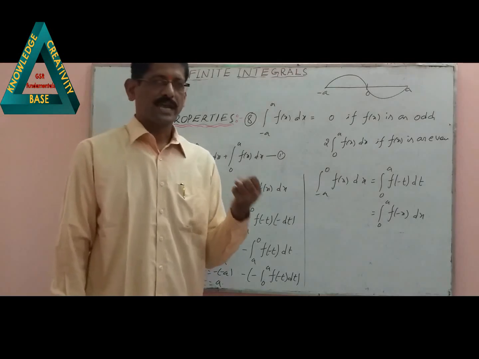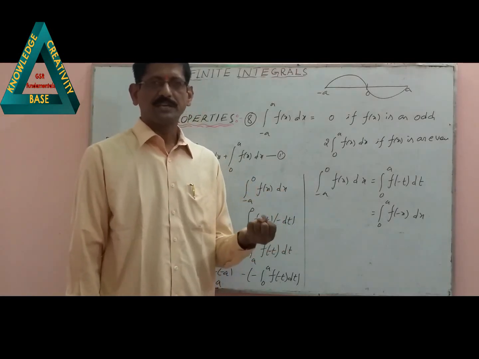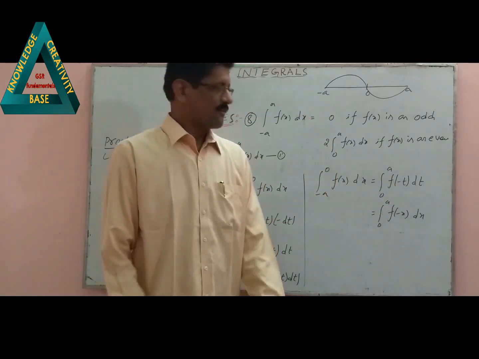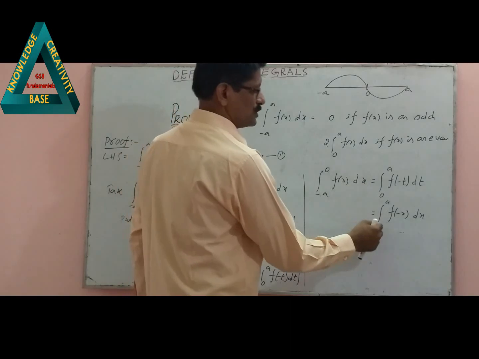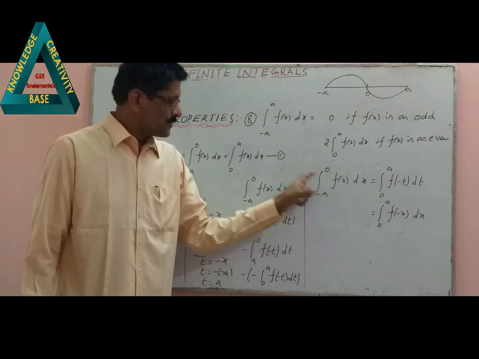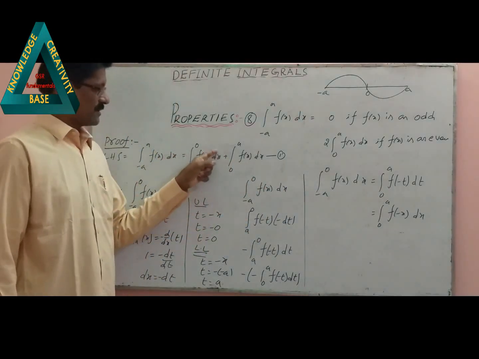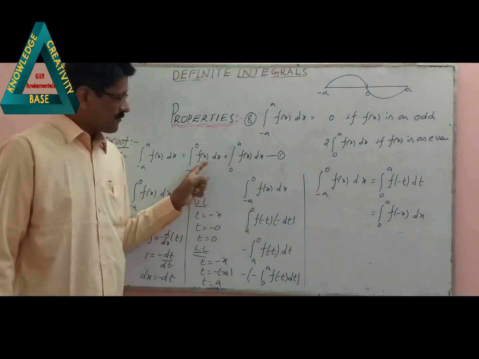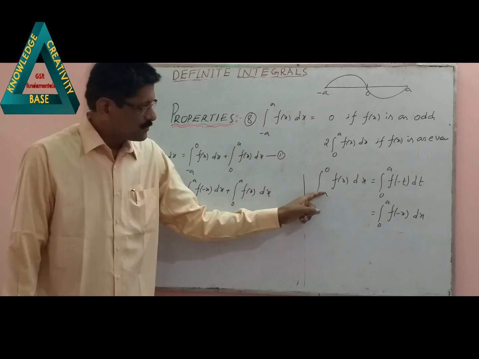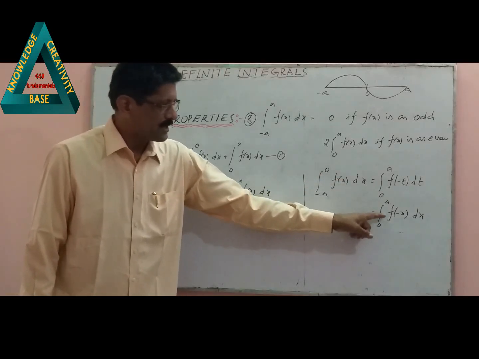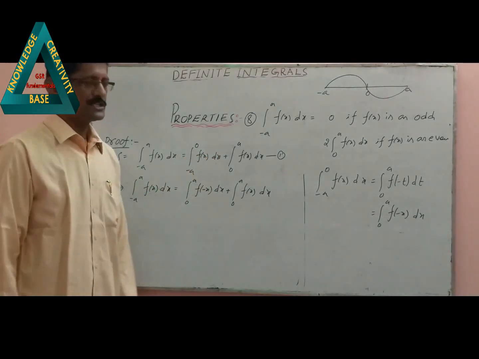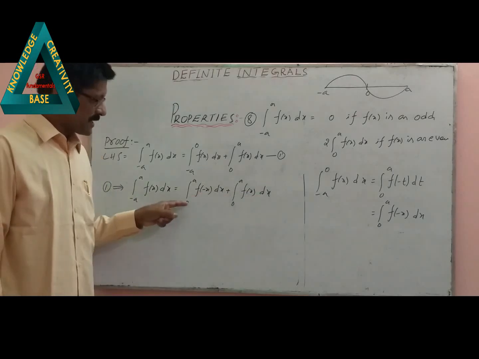t వేరియబుల్స్ అని రాసుకోవచ్చు, x వేరియబుల్స్ రాసుకోవచ్చు, z వేరియబుల్స్, a వేరియబుల్స్ అని ఈక్వల్ అని చెప్పాం కాబట్టి this value is equal to integral 0 to a f of minus x dx. The value of this definite integral is 0 to a f of minus x dx. Substituting this value here, integral minus a to 0 f of x dx is equal to integral 0 to a f of minus x dx. దీని యొక్క వాల్యూ మనం ఇది డెరైవ్ చేసాం కాబట్టి ఇక్కడ రాయండి. ఇప్పుడు రిజల్ట్ is over.